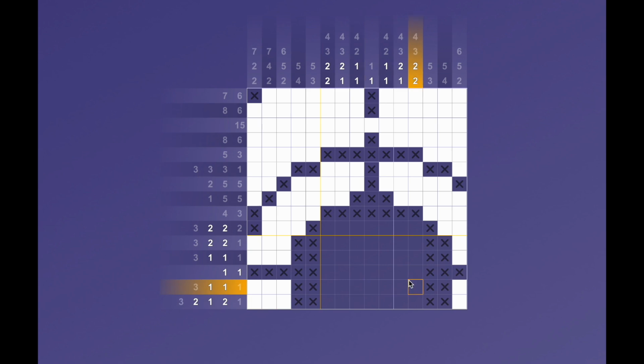Okay, so now along the bottom here, I've got 3 at the beginning and 1 at the end. In the middle we have 2, plus 1 makes 3, plus 2 makes 5, plus X is 6, X is 7. I have 7 squares left,